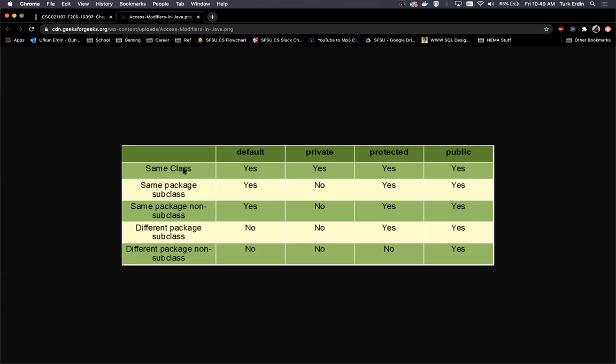So if it's the same class, everyone can access it. If it's a different class in the same package, then with default, you can access it. With protected, you can access it. With public, you can access it. But private, you can't. Private very specifically means only this class can access it. What protected means is only classes within the same package, AKA the same folder as me, can access me, right? Does that make sense? That's the difference between